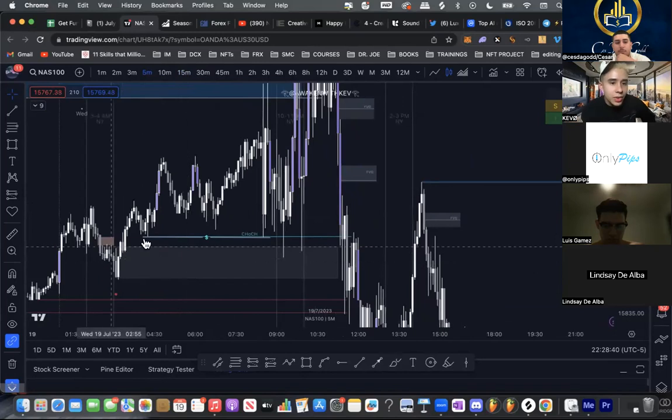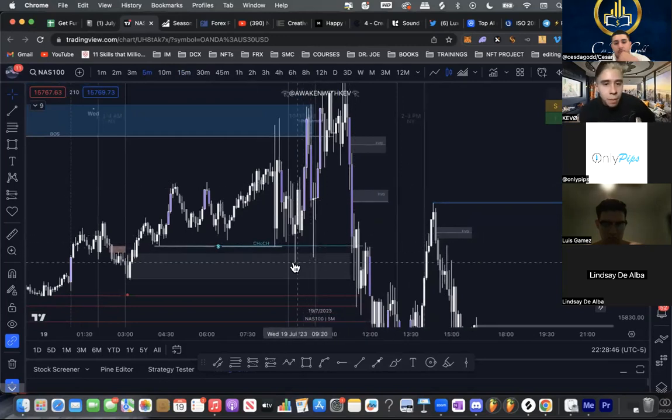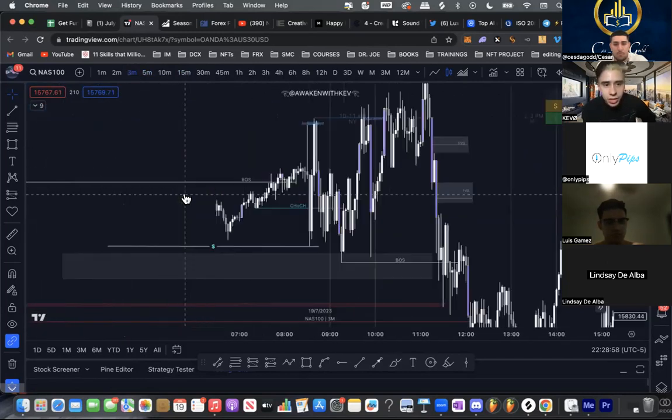So basically, that's what I was playing, right? Once we poked in there, I don't know if anyone caught this move, but if you were quick enough, you see how quick it just reacted and then sent it to buy side liquidity, and then boom, that was a nice trade right away. And then if we drop down to smaller time frames, right,